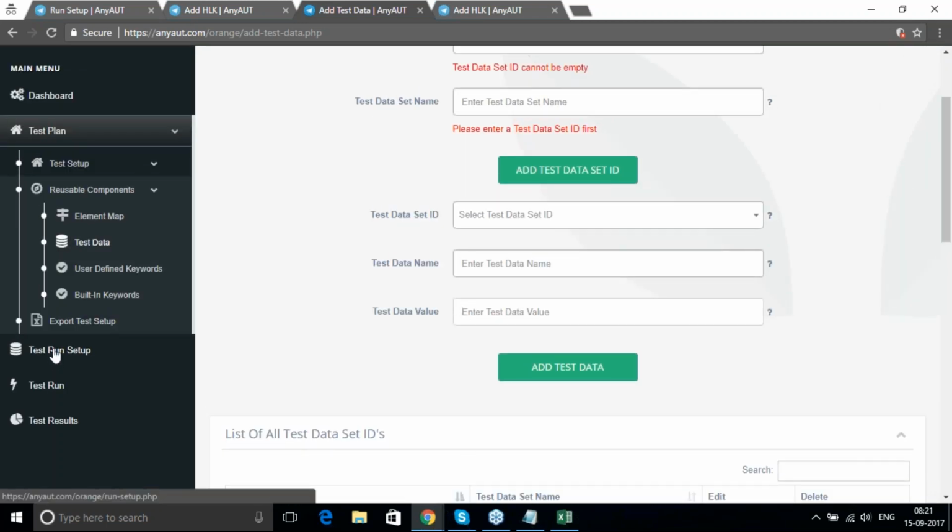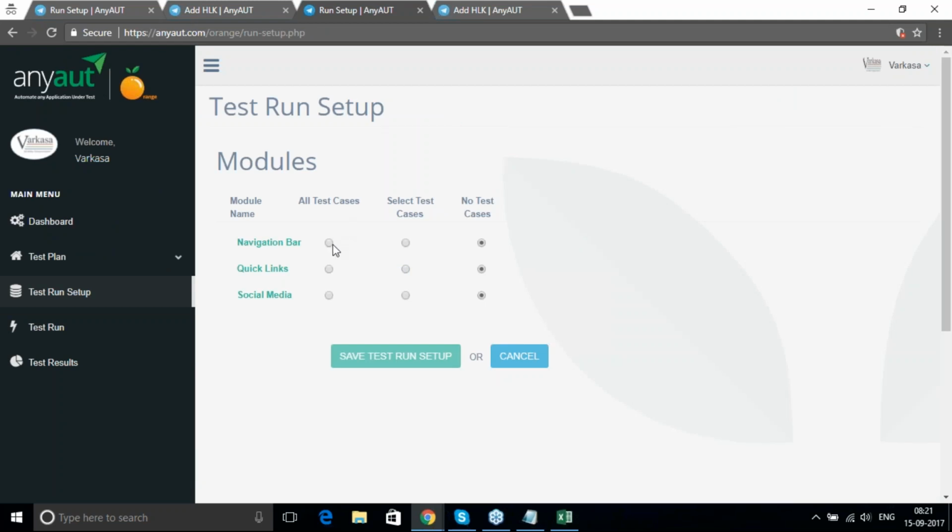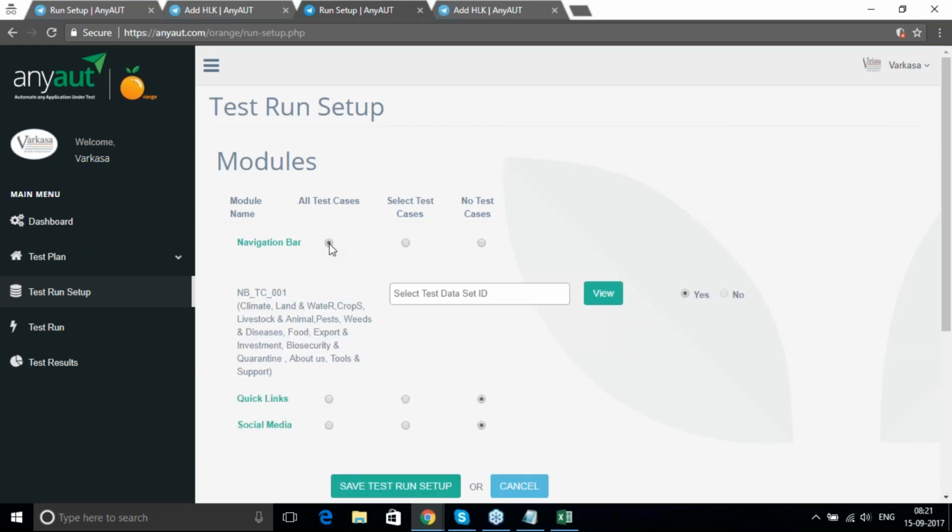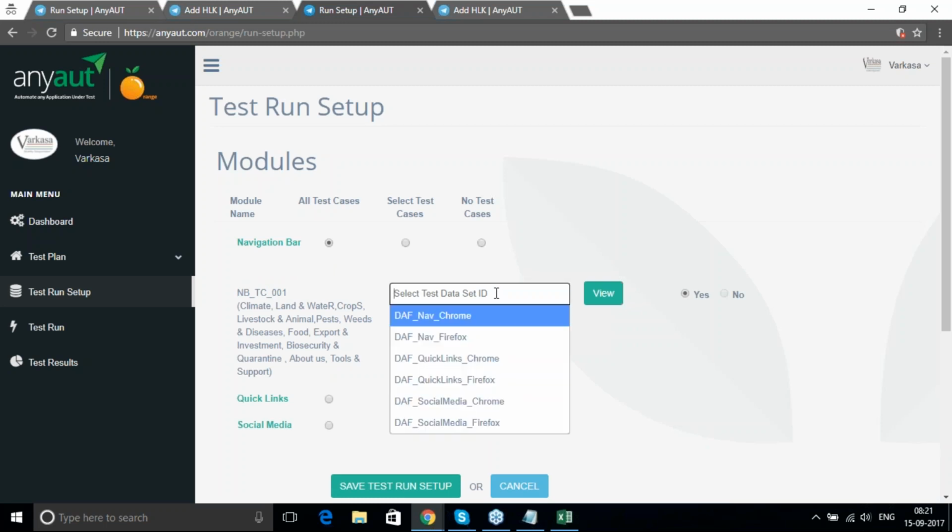So I'm moving back to the test run setup. Here, once we select the module, then we need to select the test data set ID for the